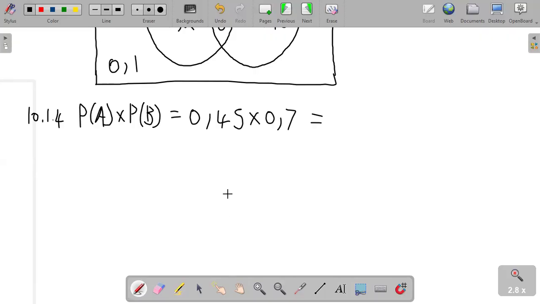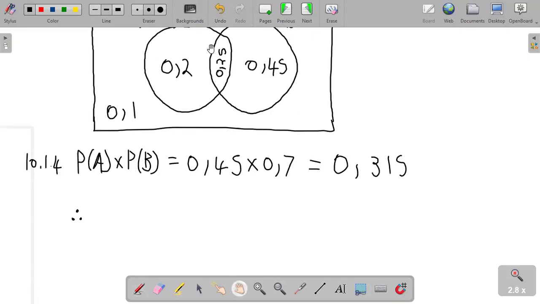You multiply the two, it gives me 0.315. Okay. So this means that, because the probability of A and B, we know it, isn't it? 0.25 here. We drew it here in the Venn diagram. So this means that